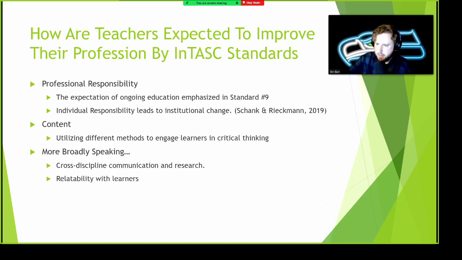And we also need to, I mentioned this earlier, try to keep up with cultural events. We need to be relatable with our learners. For my example, history, I need to be able to convey certain events in history from a modern context, because some students, some learners, are not able to conceptualize the world before them. And then you kind of have to make that clear to them as best you can. And you do this by trying to relate to them on their level. You ask them questions. You learn about their daily lives. And this would be a good way to build a bridge and build a connection, and communicate with your learners.